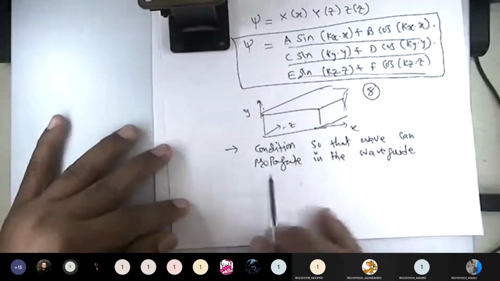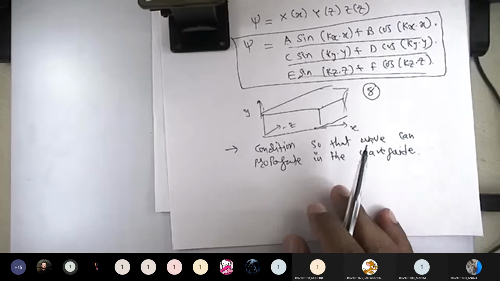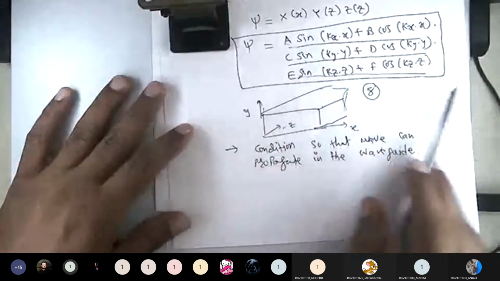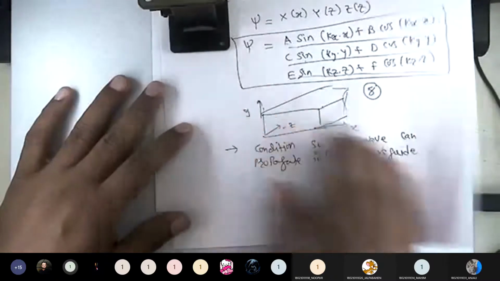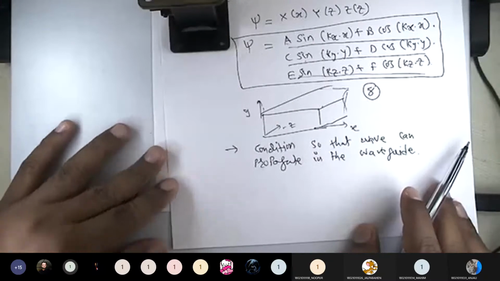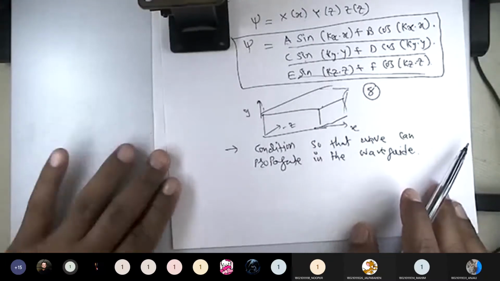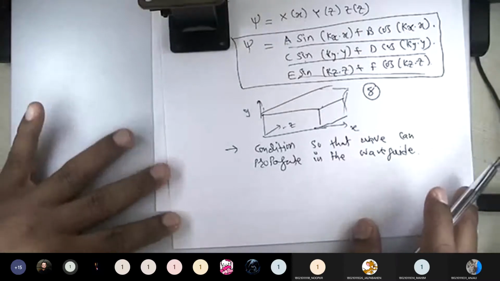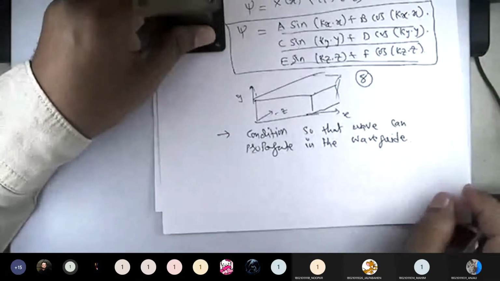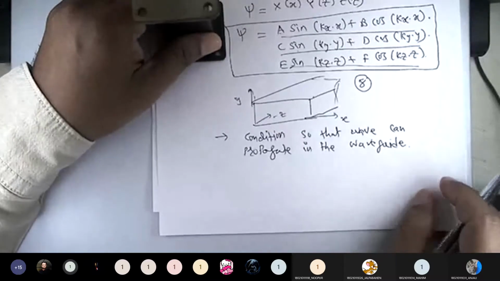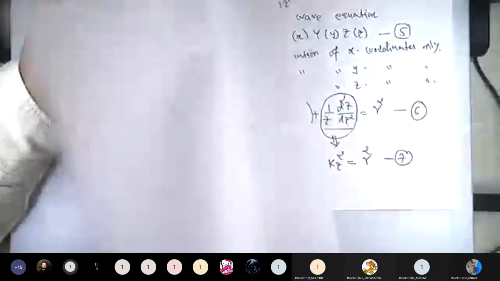So our objective here is that, once we know this is the way the field is behaving inside the rectangular waveguide, and this is the solution, now for that case we should check some conditions, and those conditions can be explained by defining new variables. So let us first define the new variables, and then we will try to get the condition.